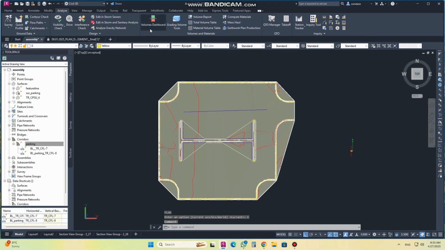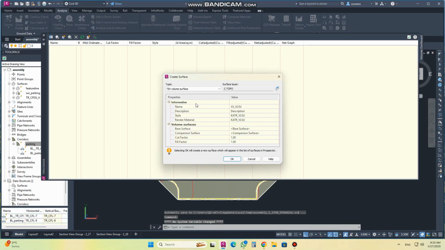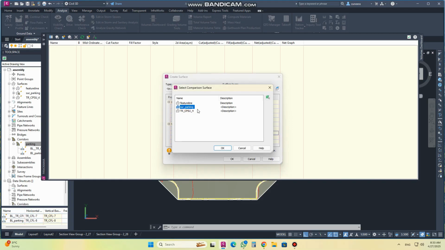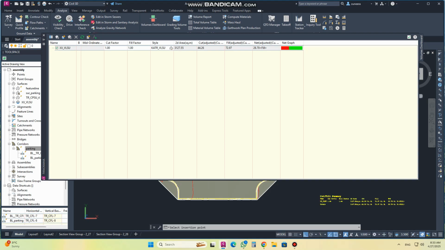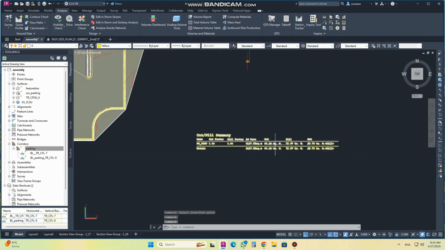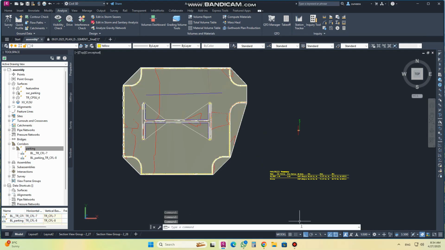From here, then you can select the two values. You can check if you want to check the volume here. The baseline, take this one as a baseline, and this comparison surface you created, the surface parking, and then apply OK, and you will have volume, because this is practice I made this one. So you can create the cut fill volume from this surface to these two surfaces also, and from here you can insert the total cut and fill value with this one. So this was the video about how you can create your